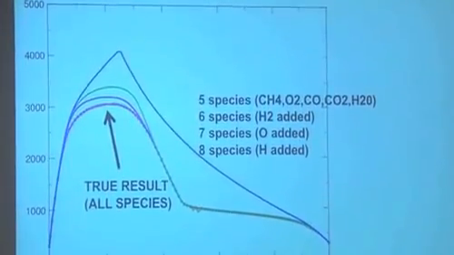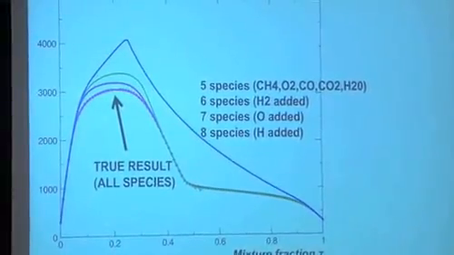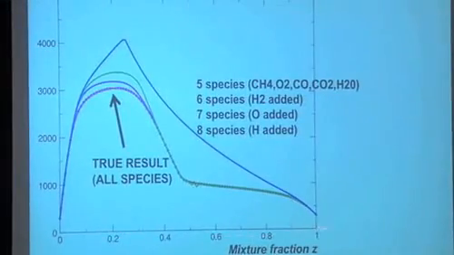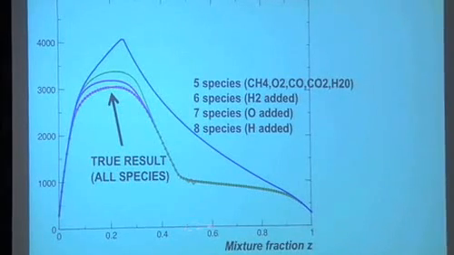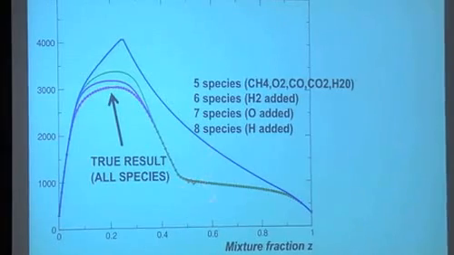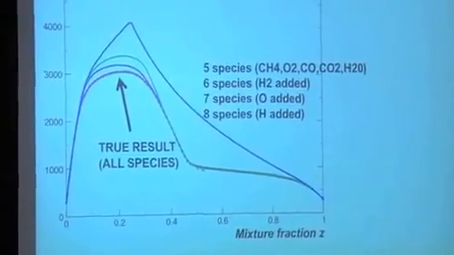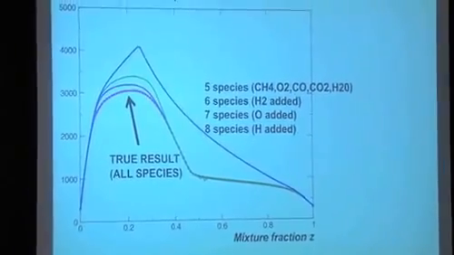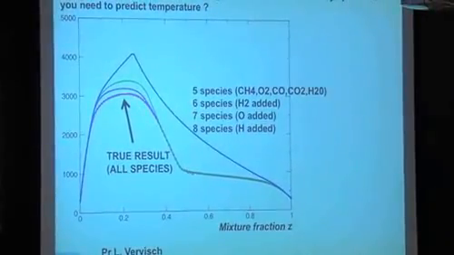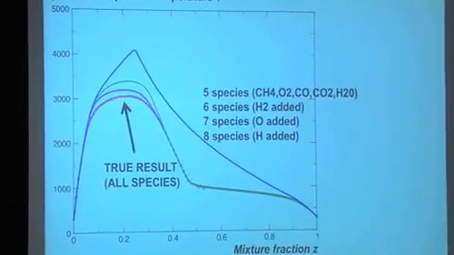And the first thing you're looking at is, can you match the adiabatic flame temperature? So this is a classical plot where you put here the mixture fraction. You create a mixture of gases between the CH4 and O2. You burn it, and you look at the place where you go. You can construct this thing with the Equil package in Chemkin, for example. And here is the true result. So if you mix CH4 and O2, at the stoichiometric level, you will go to 2800K, and this is the